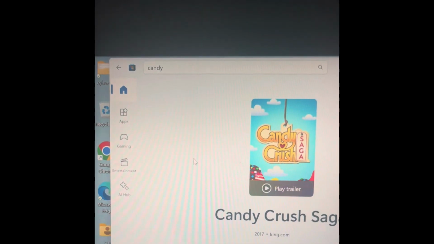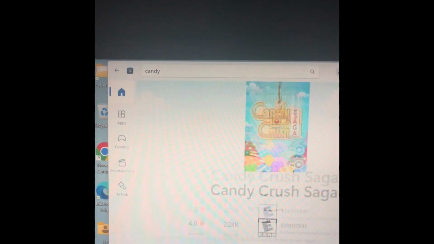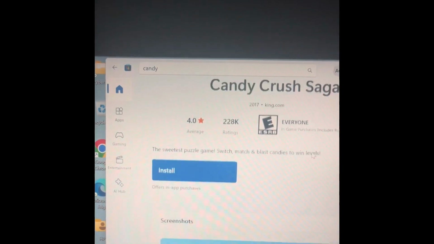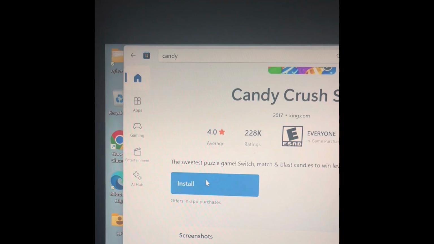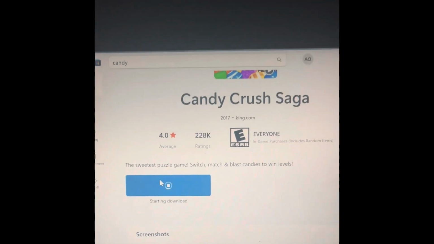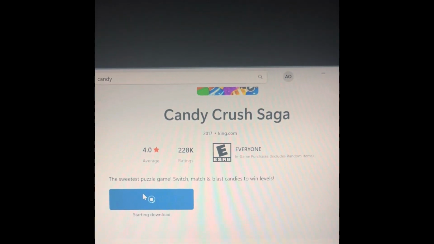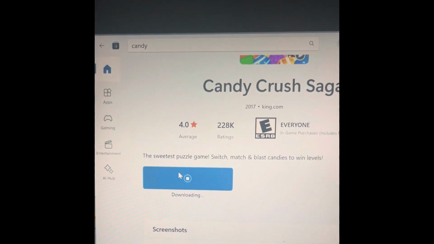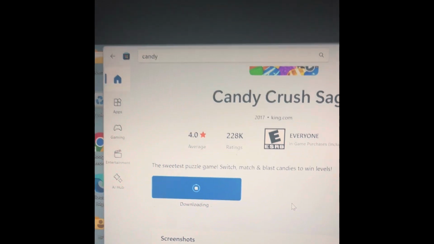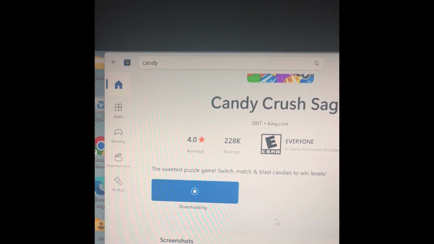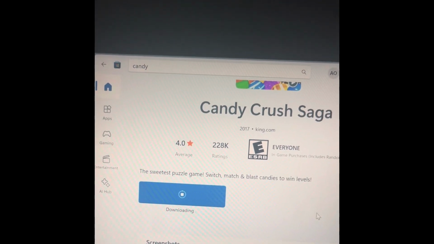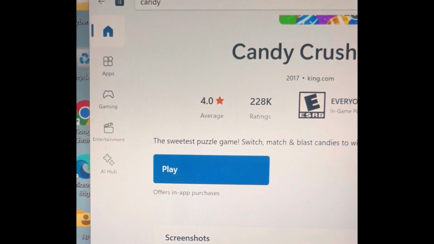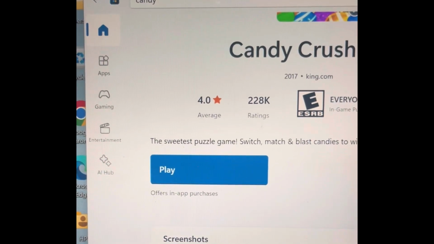So you type in Candy Crush, you click on it, and once you click on it, you would see an icon that shows you to install. Yes, ensure you are connected to the internet. Wherever you are, ensure the internet is working, because if not, you try and install, it's not going to work. So you click the button to install, and then it starts downloading and installing the Candy Crush application. You might have to wait a while depending on the downloading speed of your internet. So yeah, it's been downloaded now,